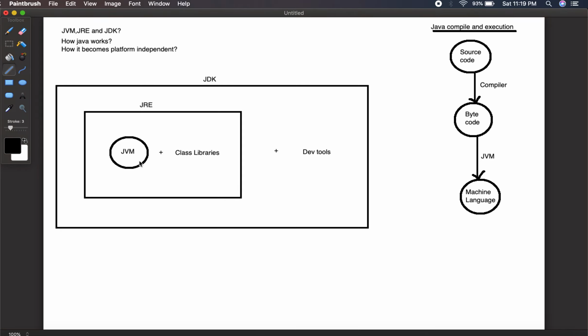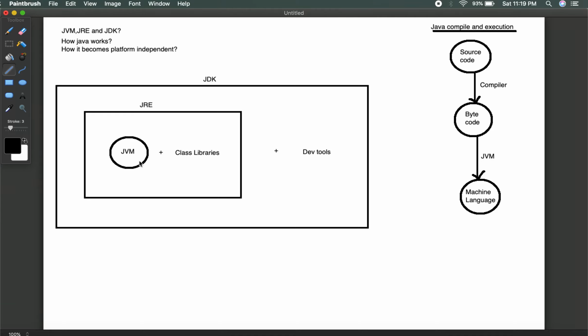Now let's look at the JRE. JRE is the Java Runtime Environment. JRE consists of a JVM plus some libraries, like class libraries or components to run applets and applications. Let us keep this as: a JRE consists of a JVM plus some libraries or other components.